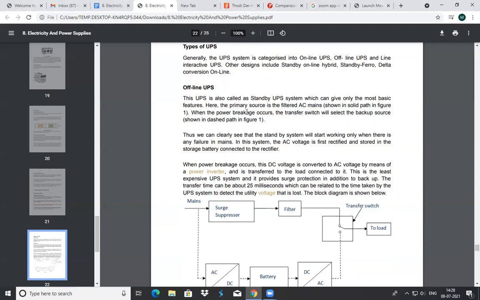If we are using an offline UPS connected to your system, then after the power break, control will be transferred to the UPS, and with the help of the UPS battery, your system will stay in working condition. It will not shut down.